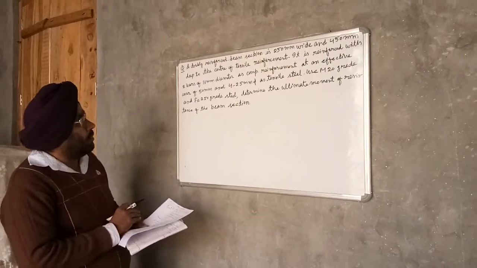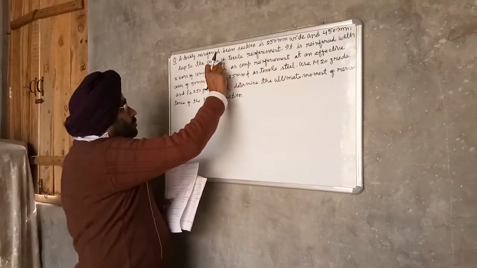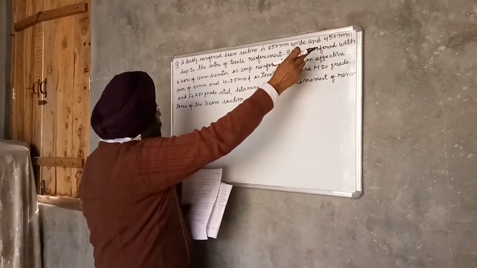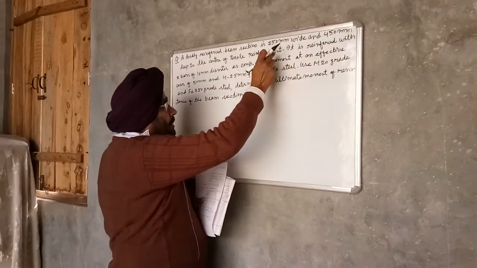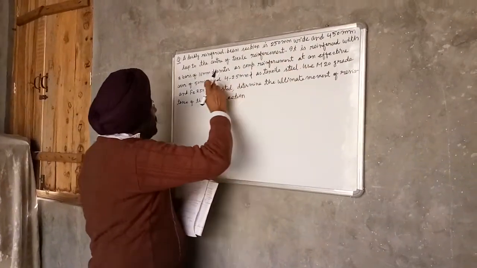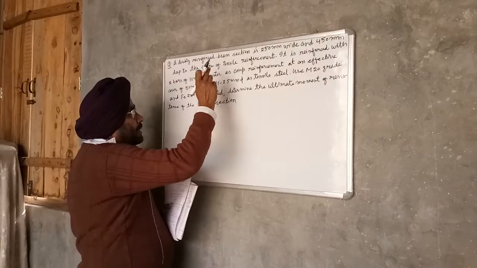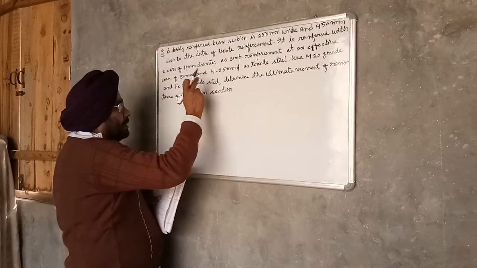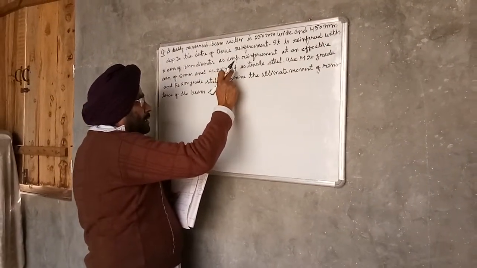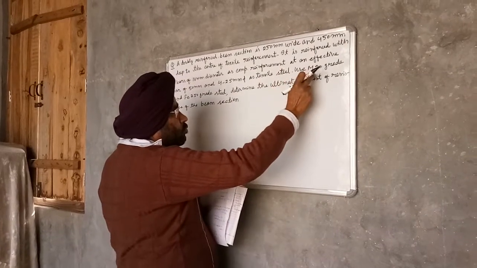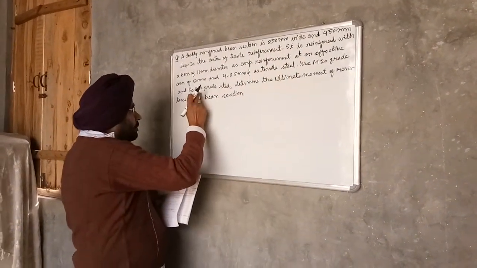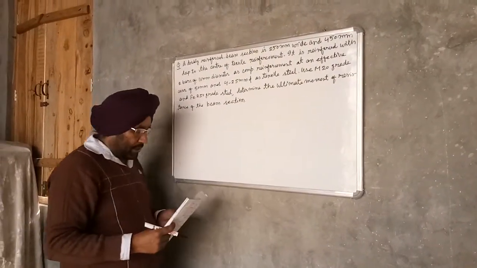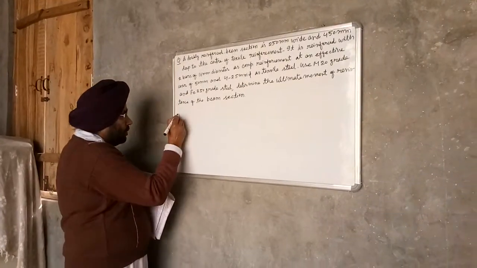So the numerical problem is: a doubly reinforced beam section is 250 millimeter wide and 450 millimeter deep to the center of tensile reinforcement. It is reinforced with two bars of 16 mm diameter as compression reinforcement at an effective cover of 50 millimeter and four bars of 25 mm diameter as tensile steel. Use M20 grade concrete and Fe250 grade steel. Determine the ultimate moment of resistance of the beam section. So this is the question. The solution of the problem is,